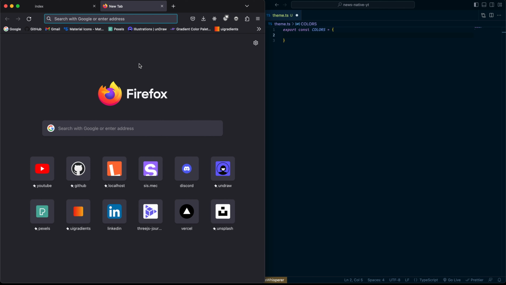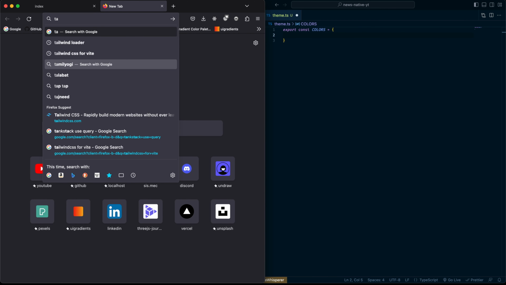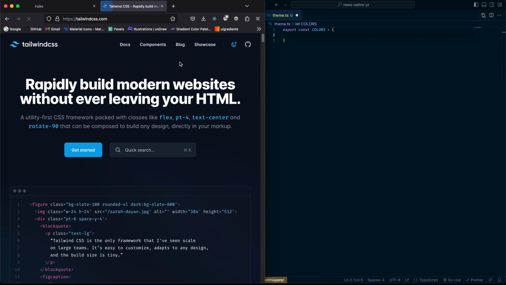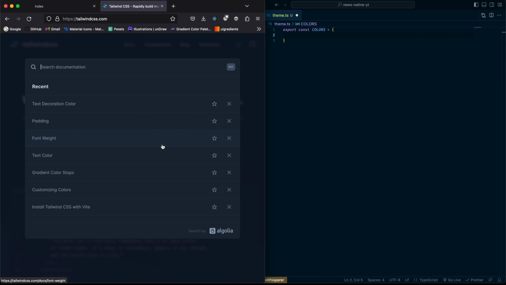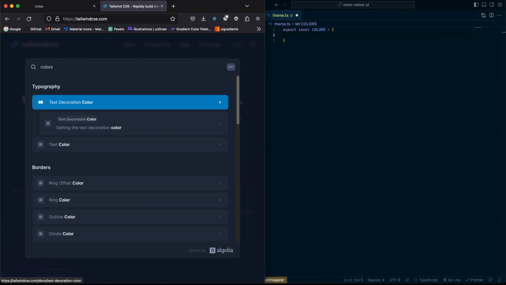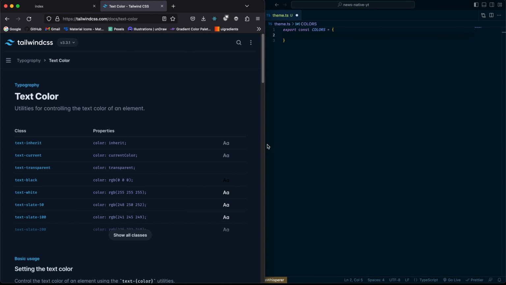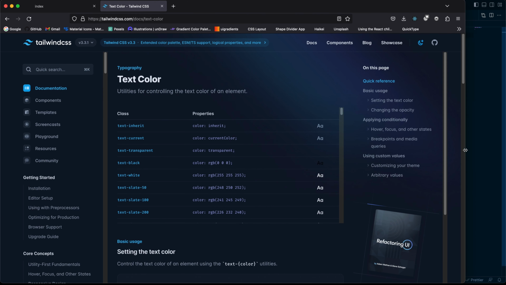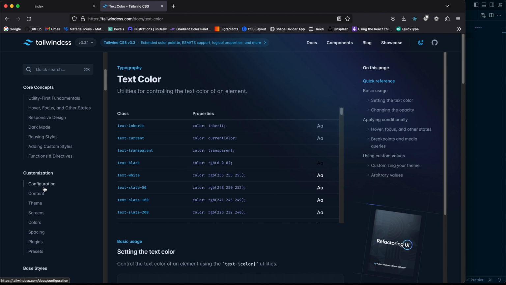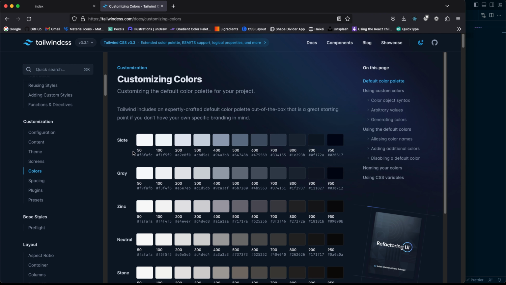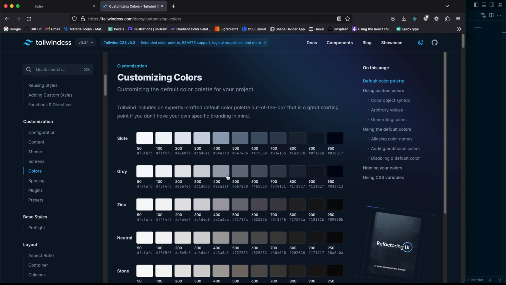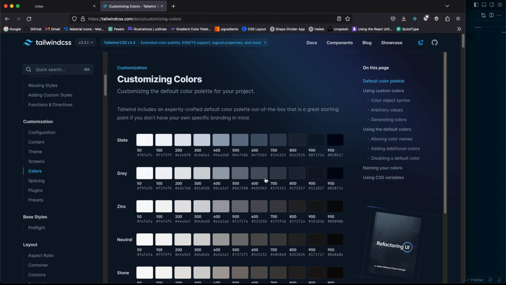So let's head over to Tailwind. Don't worry, we won't be using Tailwind, or be worried, whatever you feel like. Then let's search colors. I'm using their color palette because Tailwind's choices of colors are really good. They've got beautiful shades of different colors and makes choosing colors very easy. So just copy the gray 500,